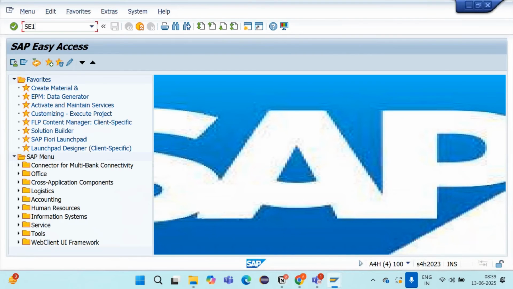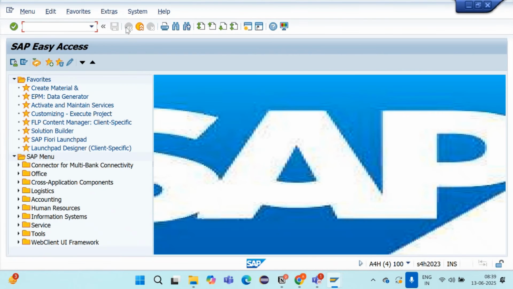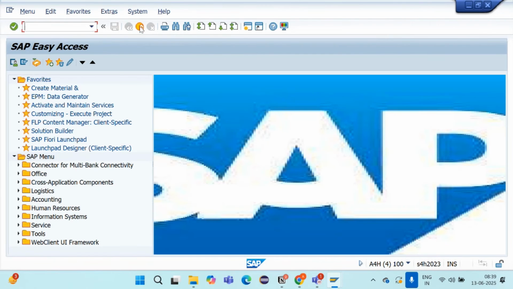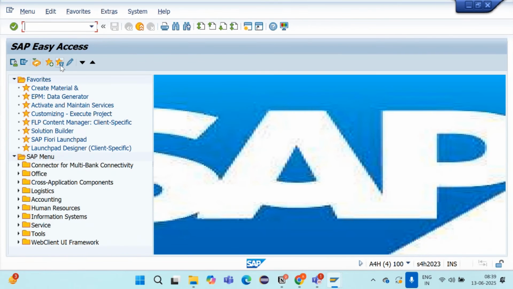I am going to SE38 and I am clicking on the back button. What happened here when I clicked on the back button, or on this exit button, or this cancel button, or any button? What is happening here?